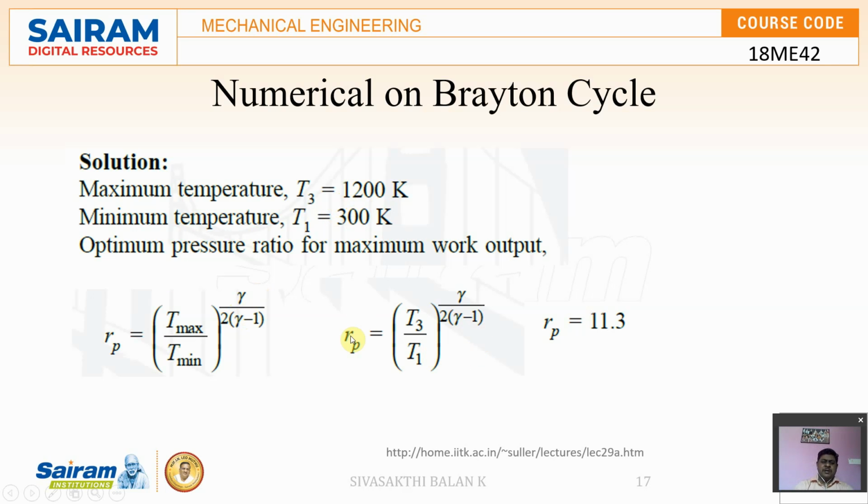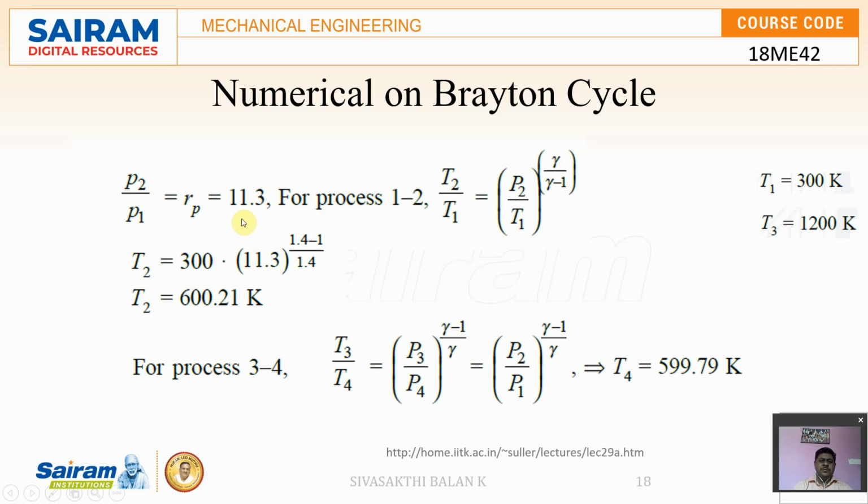The basic thing we need to remember in this cycle is that if we know the temperature at each and every state of the cycle, then it will be easy for us to proceed further. We can easily calculate the turbine work done, the compressor work done, as well as the efficiency. We already know T1 and T3 from the problem. Our intention is to calculate T2 and T4 here.